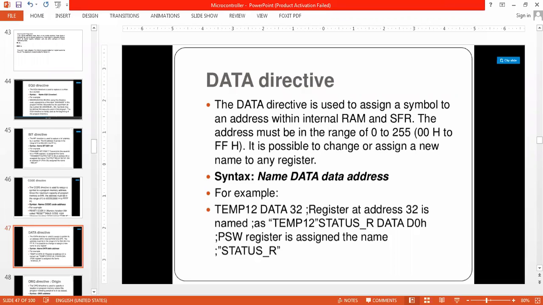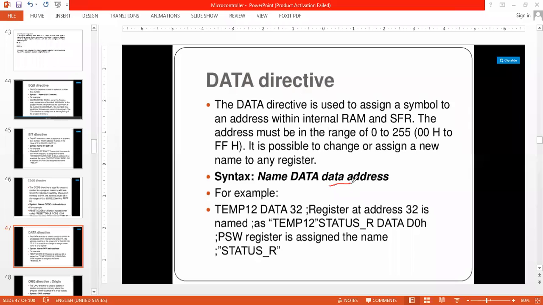Okay, so as usual, we know that the RAM is called the data memory and the ROM is called the program memory. So here it is similar to code, but instead of the program memory, we are going to use the data memory.